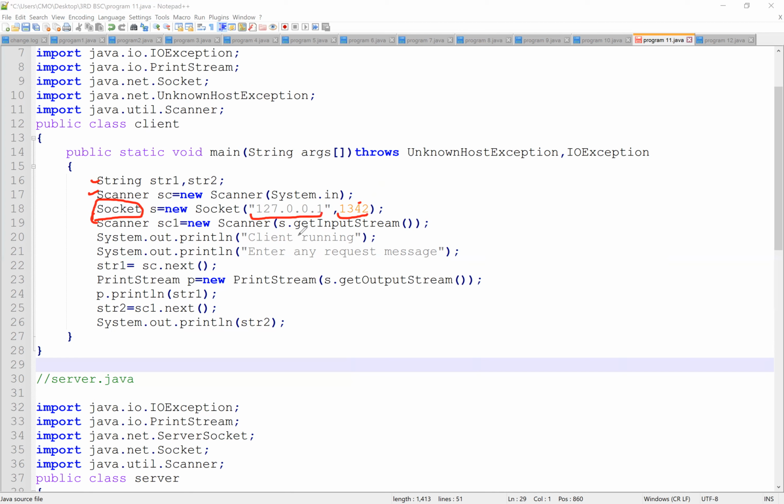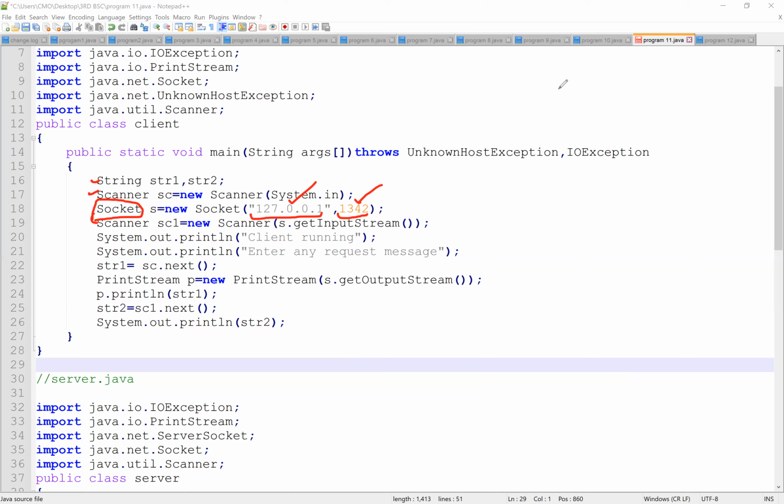Because here we have both client and server programs in a single system itself. If you are connected to any LAN or WAN, you can use that particular IP address over here. In advanced versions, we use different IP addresses for communication purposes. Since we are testing it, we are using the loopback address. Next, this is our port address.